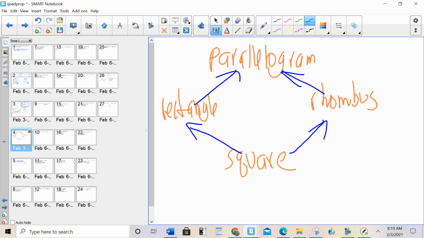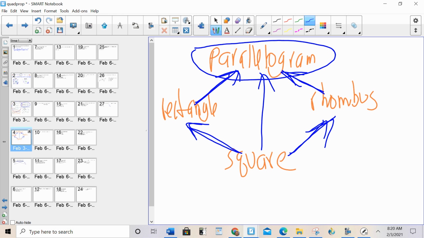So, we come up with what we call the parallelogram diamond. All these shapes are parallelograms. All rectangles are parallelograms. All rhombuses are parallelograms. All squares are parallelograms. All squares are rectangles. All squares are rhombuses. So think of this as like a family. So like the parallelogram is like the old ancestor,